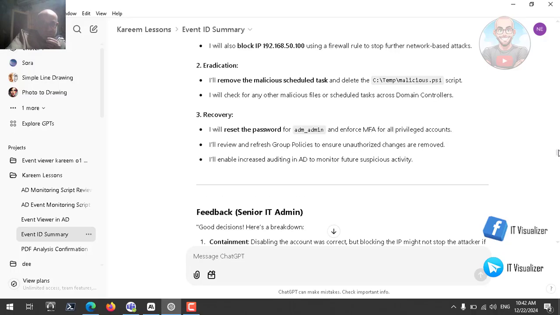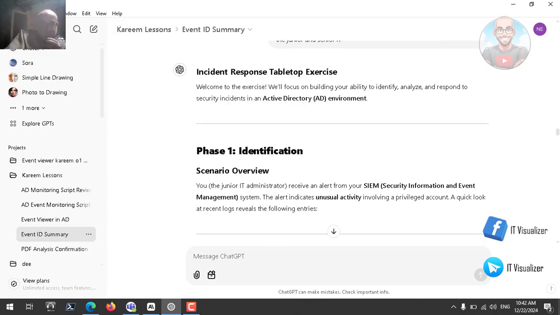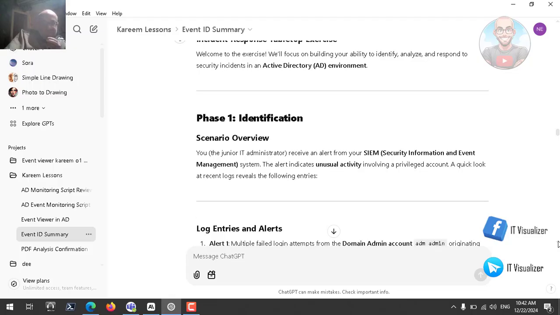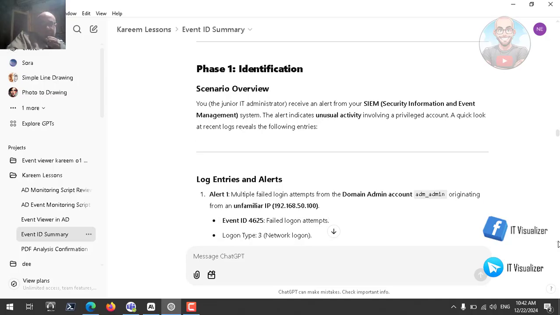Incident Response Tabletop Exercise. Welcome to the exercise. We'll focus on building your ability to identify, analyze, and respond to security incidents in an Active Directory AD environment. Phase 1, Identification. Scenario Overview. You, the Junior IT Administrator, receive an alert from your SIEM, Security Information and Event Management System. The alert indicates unusual activity involving a privileged account. A quick